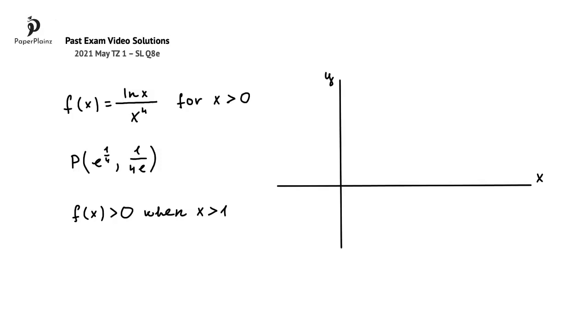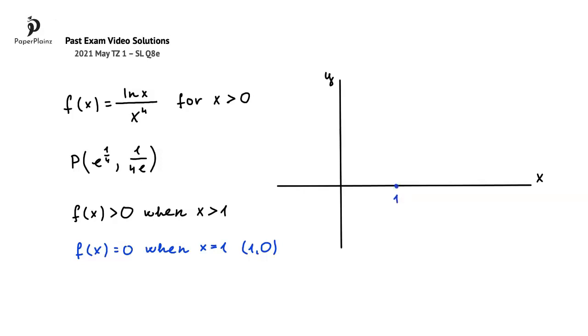In this question, we have to sketch the graph of f, showing some key features on this graph. Let's start with the x-intercept. From the previous question part, we know that f(x) is greater than 0 when x is greater than 1. From this it follows that f(x) is equal to 0 when x is equal to 1. From here, we get the coordinates for the point (1, 0), which is the x-intercept, that we can label on